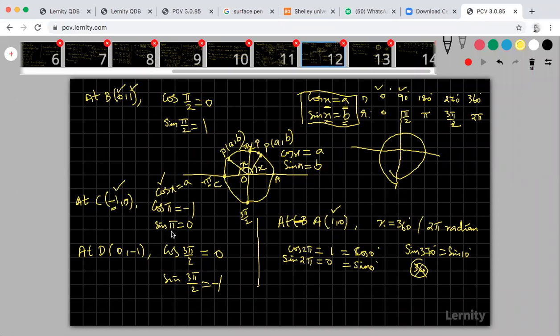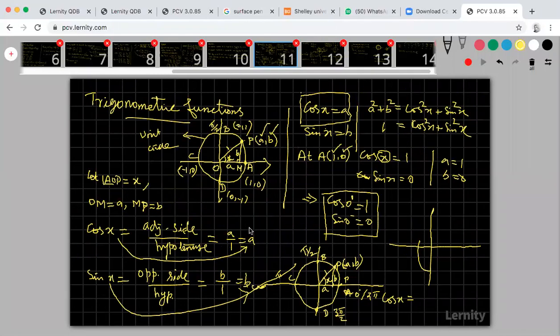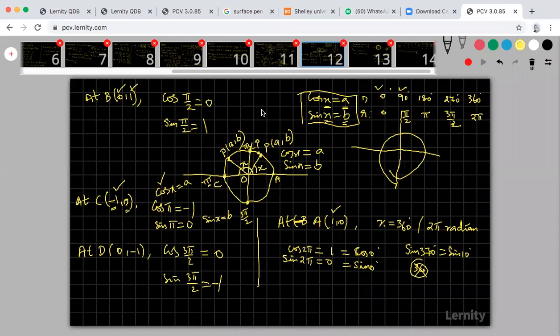Okay, sin x. What is my sin x is equal to b? What is my x? X is pi. What is my b? B is this point, coordinate 0. How am I taking from a and b? Because here I got it. A and b, what is this point? A means this point's coordinate. I'm taking point P, and x coordinate is my a, y coordinate is my b. So therefore I'm getting cos x is equal to a and sin x is equal to b. Based on that, I'm finding everything.